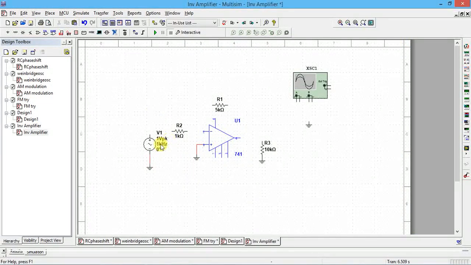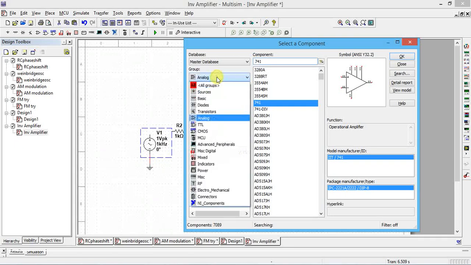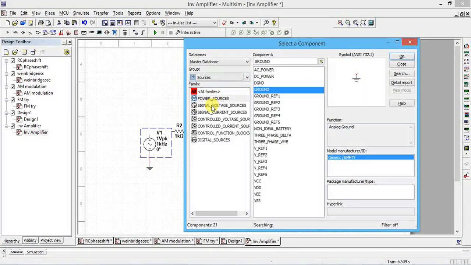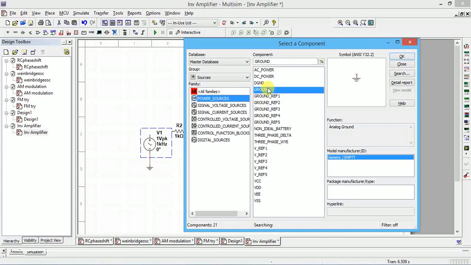After that, in order to pick the analog voltage source, go to place component. It is there in the source group, the signal voltage source. In the signal voltage source, select AC voltage source. If you click OK, you will get this. After that, in the power sources, the ground button is there.